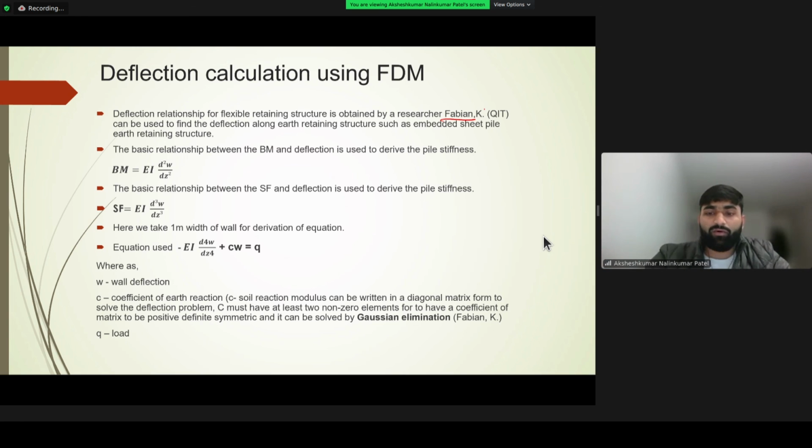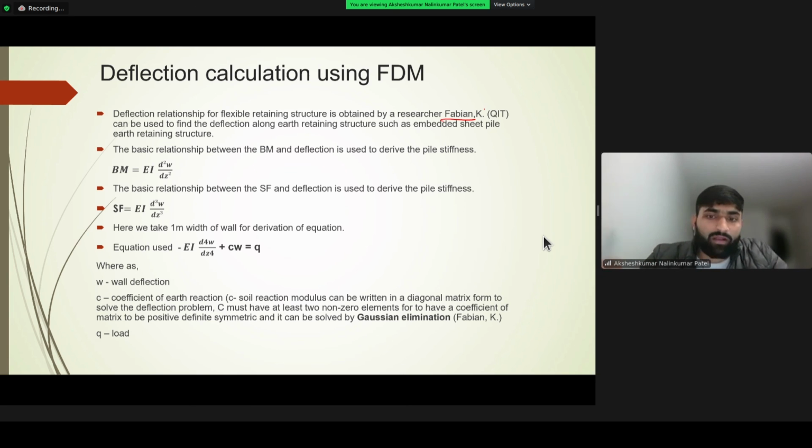So in that we know, the coefficient of the W is the wall deflection, and the C is the coefficient of the soil reactions or earth reaction. It is also known as the soil reaction modulus. It is very important because we consider it when we are solving any kind of matrix. The C value must have at least two non-zero elements, and we can find this value by the Gaussian elimination method, or